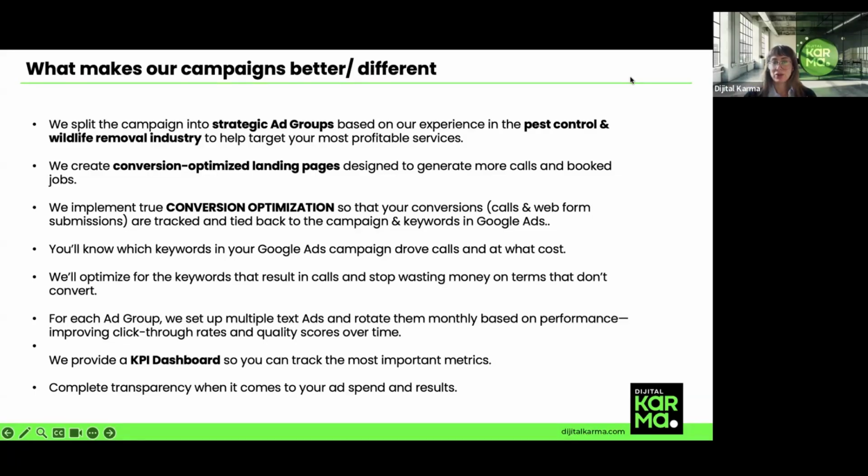So I need to know how many calls came from Google Ads, how many came from organic traffic, how many from direct website visits, even which keywords brought these leads and at what cost. So this makes it possible for us to optimize for conversions, lower your cost per lead, and increase your return on investment. We rotate and test ads monthly, refining headlines, offers, and targeting to constantly improve results.